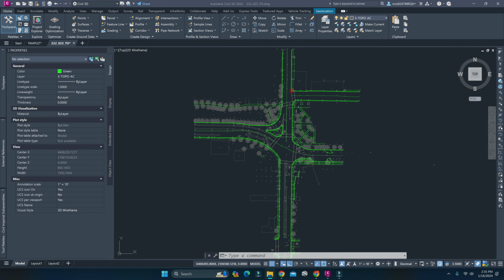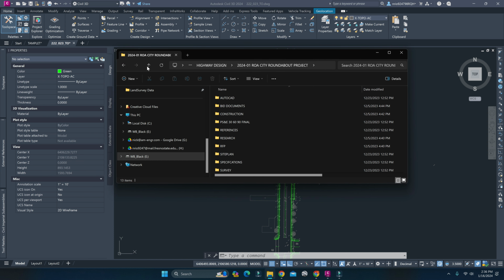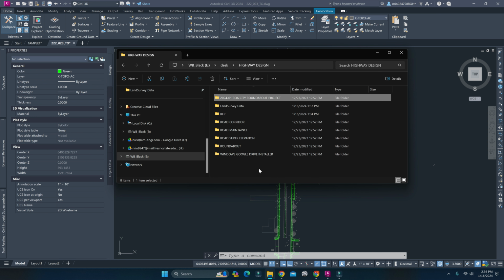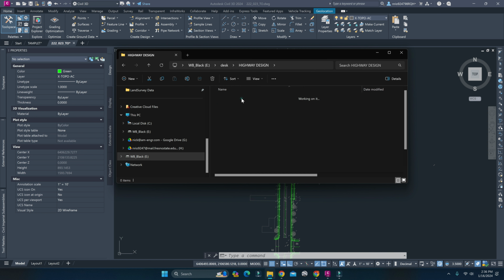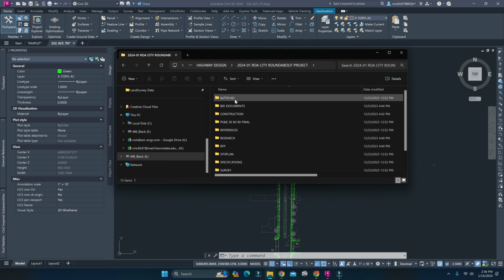All right, now we're going to go over some information about project folders. A traditional project folder looks like this one here. You're going to have the year, the project number of that year, and the project name. And then inside here, you're going to have AutoCAD files, bid documents, construction information, PS&E, PDFs of 30, 60, 90